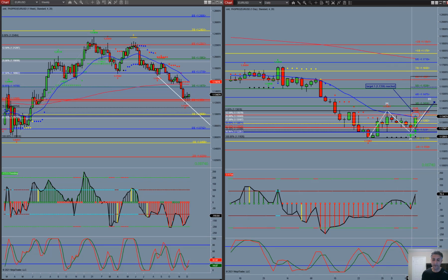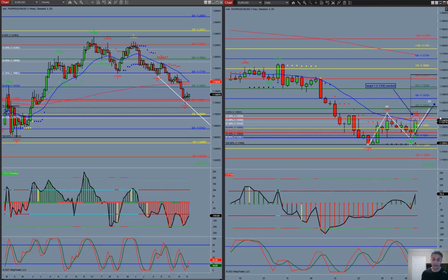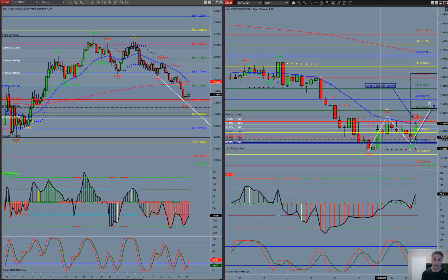Between these two lines here is where usually, if there's a reversal and the market doesn't make a lower low, a higher high would be in that zone. So I was watching that zone, and last night we got a setup on a smaller time frame. I started a position and started scaling in around